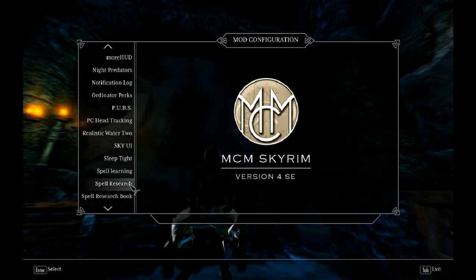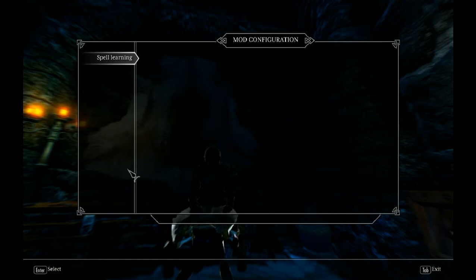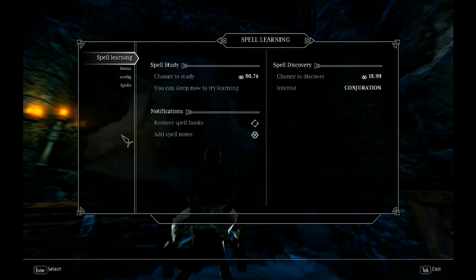Spell research is a complicated, diverse spell research mode, but spell learning is its smaller brother. If you get your hands on a spell book, in vanilla Skyrim you just read it and you know the spell instantly. Not here. Here you have to spend time before sleeping, auto-managed,